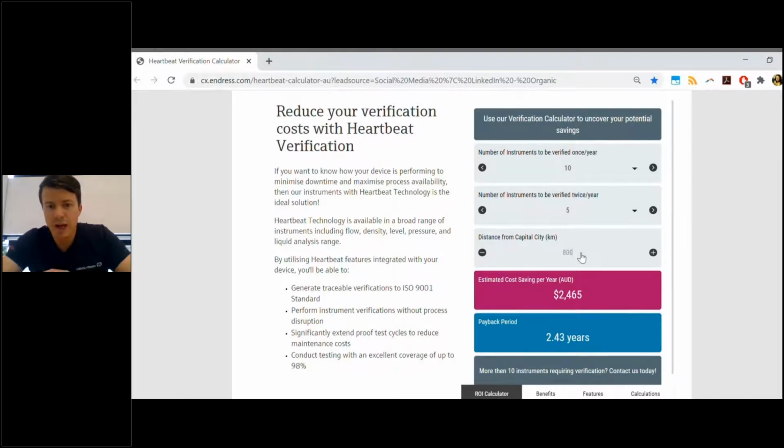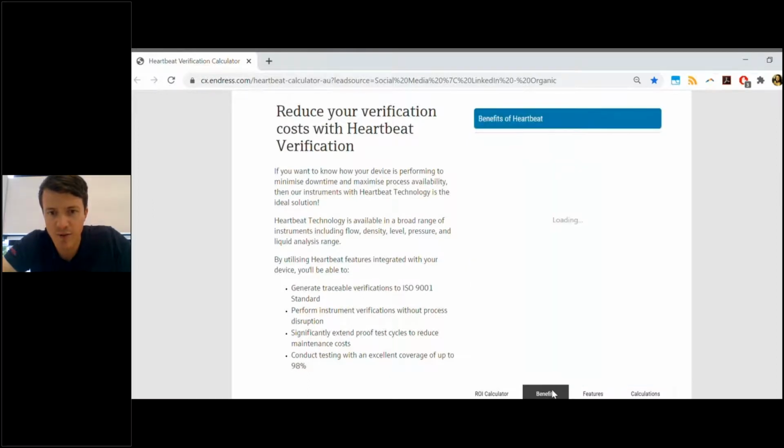And the 2 numbers that you'll get out of the end there is what your cost savings are. So what's your cost savings against a normal external verification? And then the really important number, what's your payback period? So if all these devices had heartbeat, your payback period is just over a year, and you're saving just over